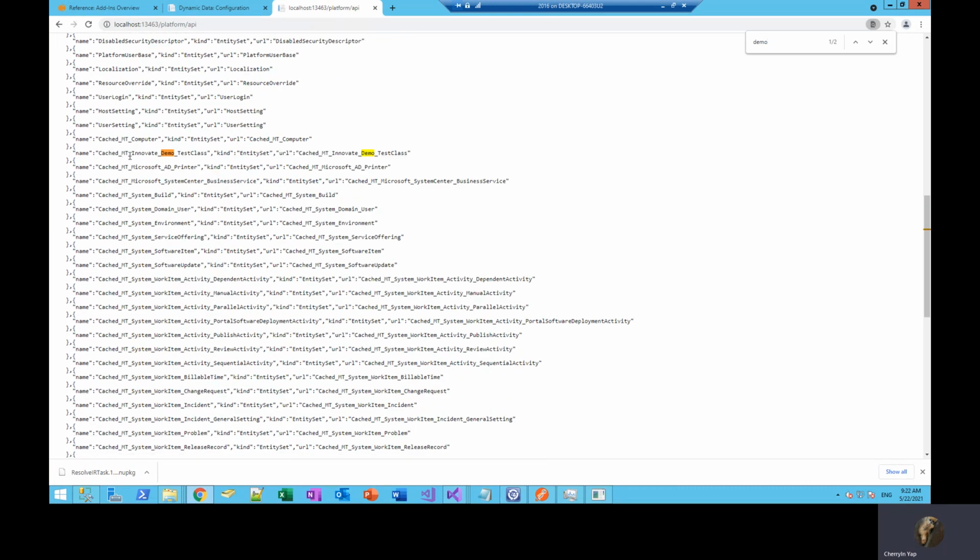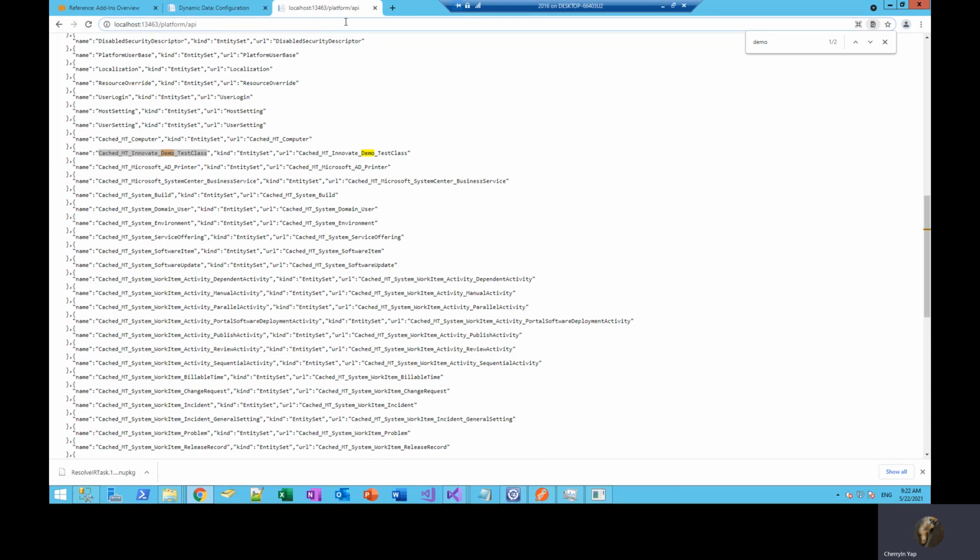So if we try to search in our class, here it is. By naming convention, the platform syncs it in by giving an entity name of cache underscore the name of the class. So that's why at this point we have cache underscore innovate underscore demo underscore test class.